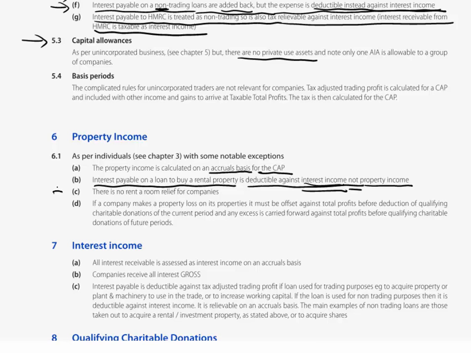Here in point C of section 6, there is no rent a room relief. The company can't be renting out a room in its own private residence. That does not apply. If a company makes a property loss on its properties, again what you'll do is to do an overall total working for all its properties, working out the overall rental income, the overall allowable expenses. And if overall on its properties it makes a net property loss, then that will be offset against the total